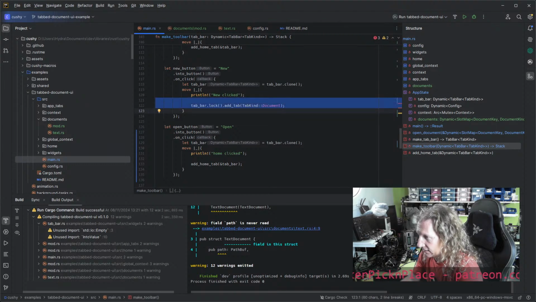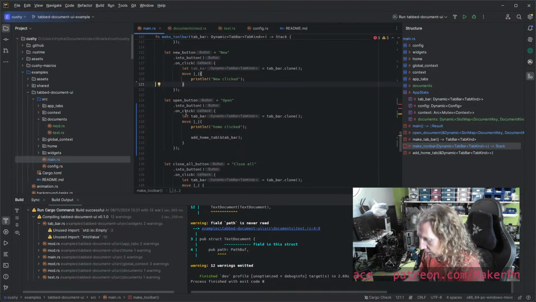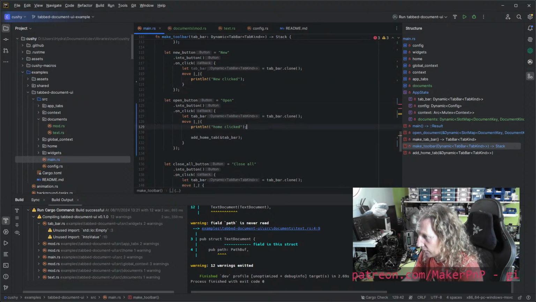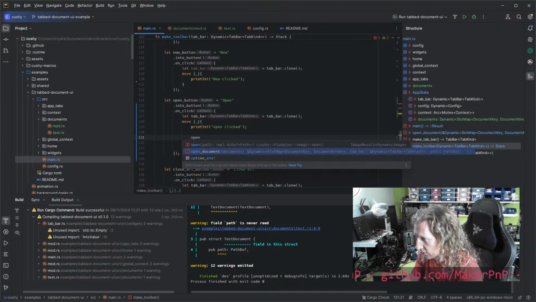I'm going to take that off for now. I'm just going to force the path. I'm going to hard code the path because I don't want to deal with file selectors just yet. So we're going to go open document